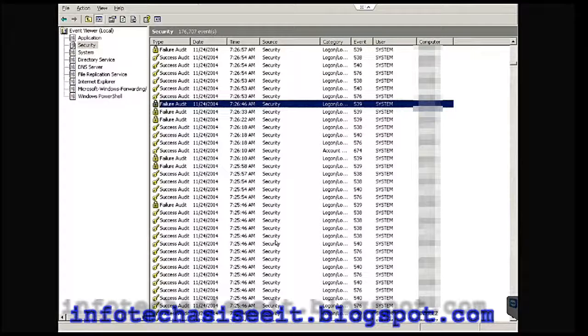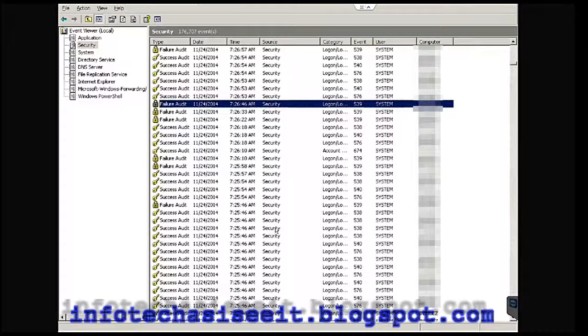What you're looking at right now is my event viewer for one of my clients. And they're a very small business, and they host their own email, and they have their own server and stuff like that. Unfortunately, in this day and age, that's kind of a dangerous scenario. Mostly because anytime you're exposing services to the internet, those services are vulnerable to attack. And that's actually what's been happening here.